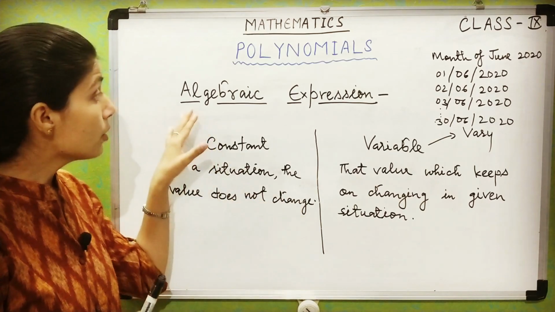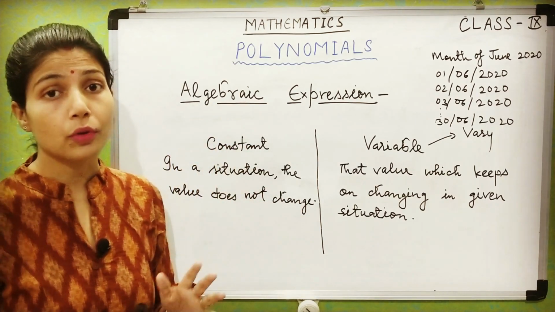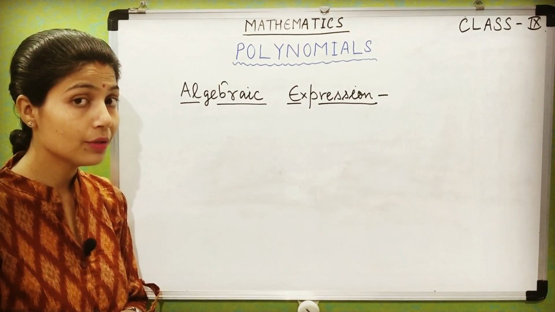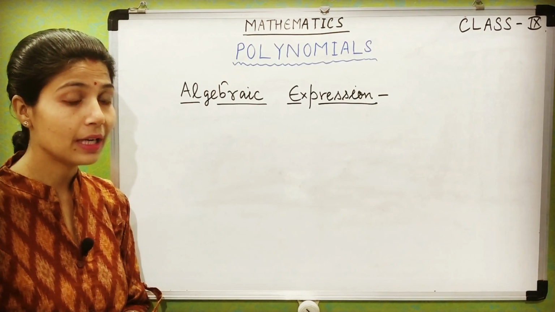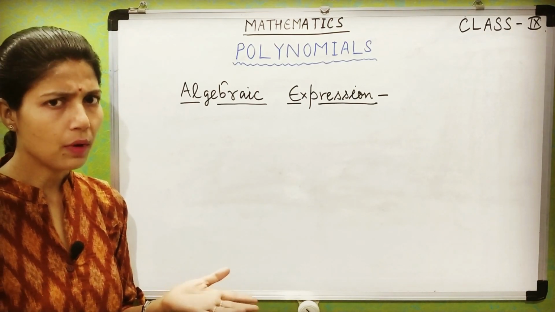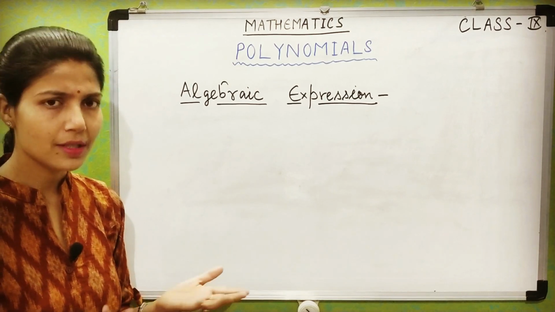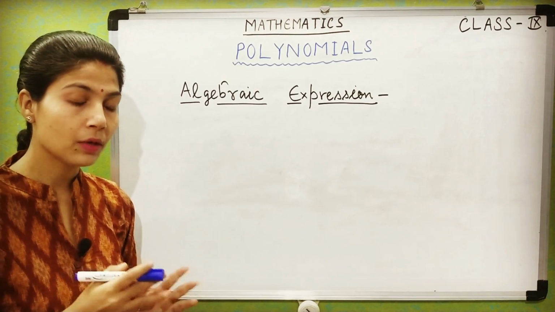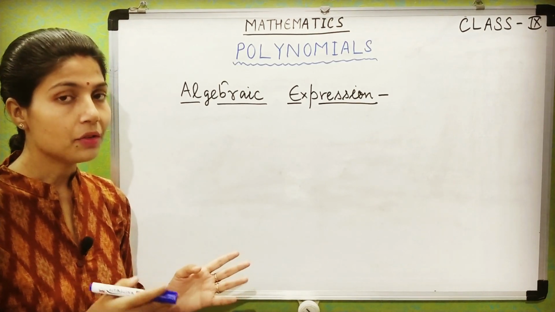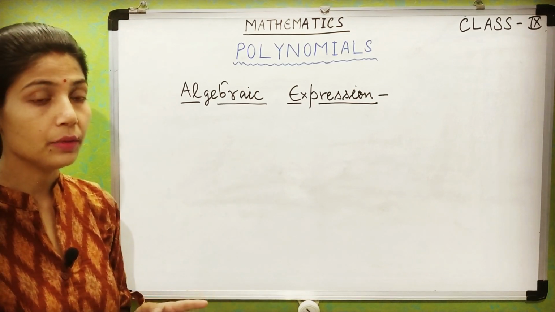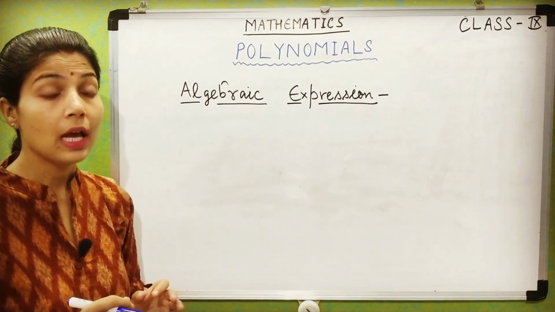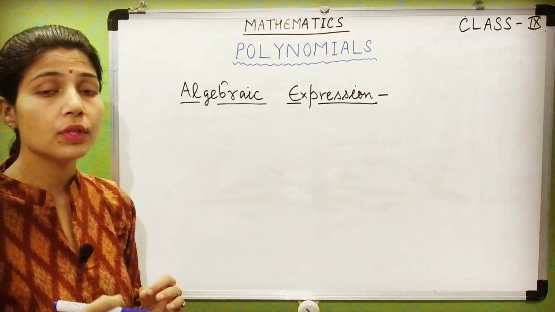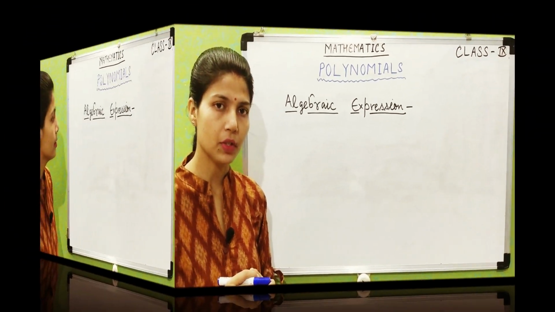These two words are going to be used in algebraic expressions, so I have discussed them here. Algebra is that branch of maths in which we study variables and constants. Variables are represented by alphabets, and constants mean numbers. Algebraic operators means mathematical operators, that are addition, subtraction, multiplication and division. But here one thing is very important: if I talk about algebraic operation, we have to consider only addition, subtraction and multiplication.